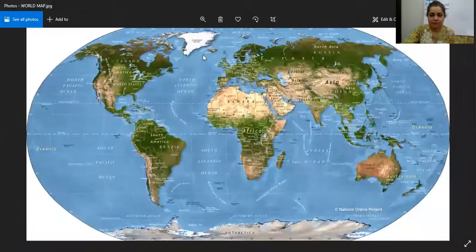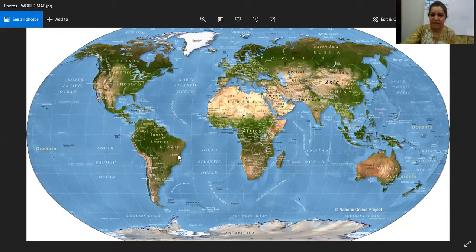So see, we have discussed all the continents now. This is our world's map, where we can see all the continents. We started with North America, then we went to South America, then we discussed Europe, which we can see over here in the middle. Then there is Africa, Asia, the largest continent, then Australia, the smallest continent, and at the bottom, we can see Antarctica. Yes. See, so this is all about continents. So I hope you've enjoyed it.